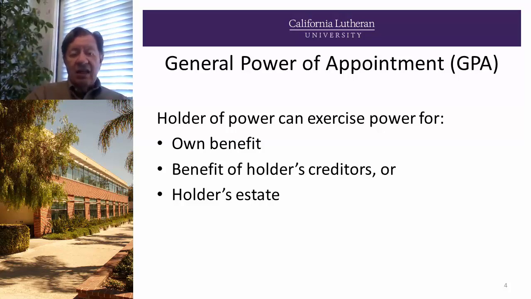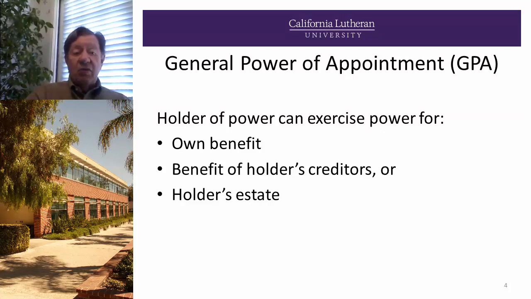Well, John is a member of the family, so he can benefit because he could pick himself to get it. And therefore he could benefit, or his creditors can benefit, or his estate can benefit. And so even though it doesn't call out for him to benefit, he would have a general power of appointment, which is important for tax purposes as we get into